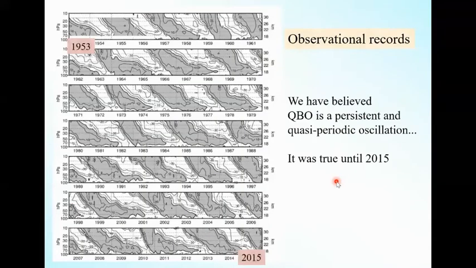And again, we go back to the observational record. Here, I again show the QBO from 1953 to 2015. You can see the clear downward propagation of easterly and westerly, which is the common QBO. So we learned the QBO from the textbook like this, and we have believed the QBO is a persistent and quasi-periodic oscillation. It was true until 2015, but